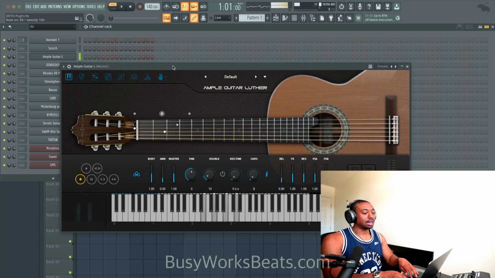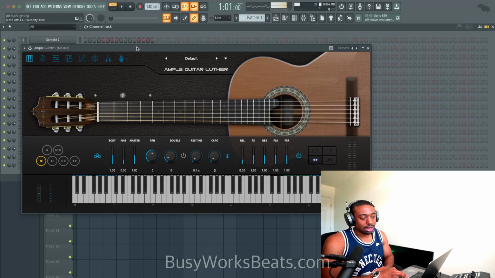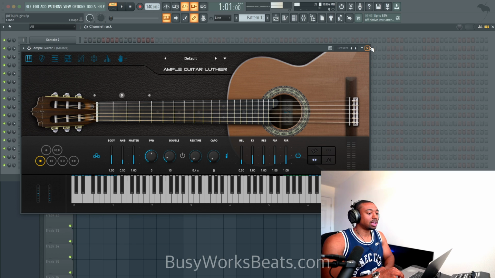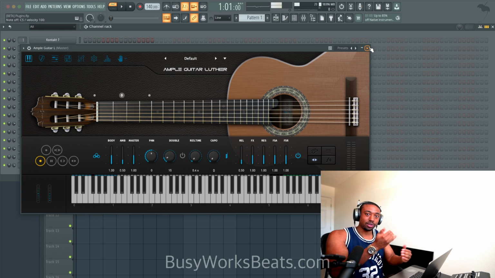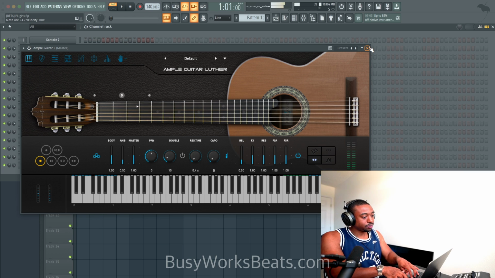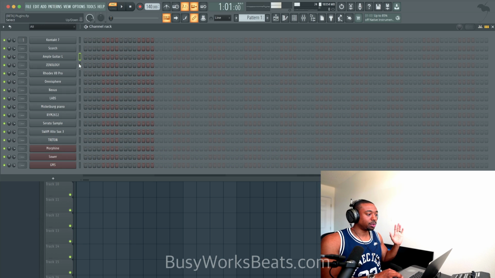This next one is a nylon guitar. It's called Ample Guitar L or Luthier. Also, they have Ample Guitar SC for Stratocaster. Really good for guitar melodies. The reason this company stands out is because they revoice the guitar to make it sound like you're actually playing a guitar. So even if you play a piano chord like a minor ninth, it will revoice it as if you're playing it on a guitar, because you couldn't do that naturally with a guitar. So it sounds like a real guitar. Now there's videos where people are shredding on that plugin.